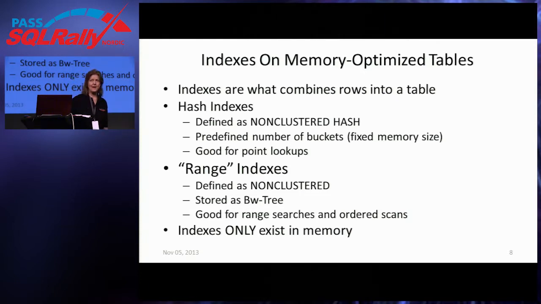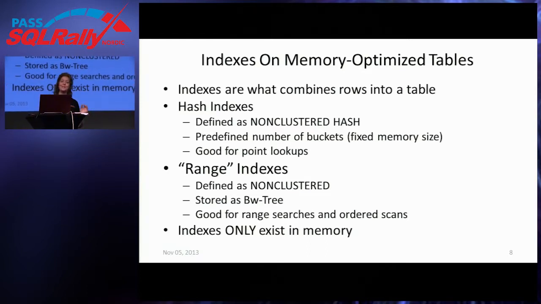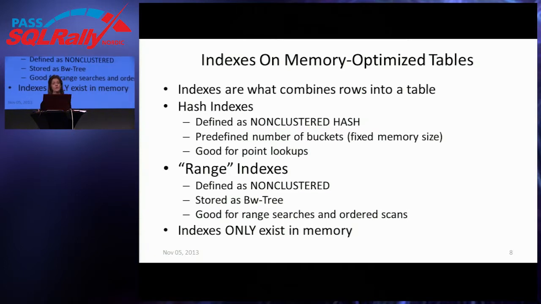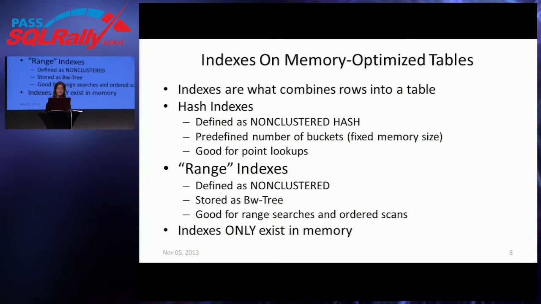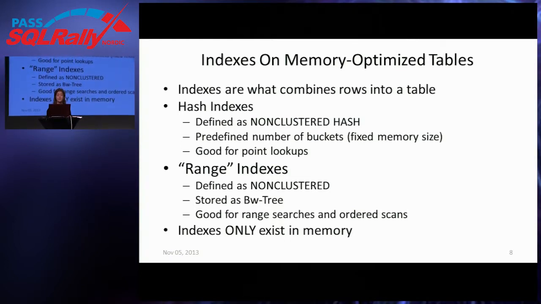And I've complained about this actually. I said, this is going to be really confusing for people. If you call them both non-clustered, and one you have to add the hash and the other you don't. The one without the hash we call a range index, which is why I have the quotes around it, but range is not part of the DDL, not part of your table definition anywhere. You don't say the word range. We talk about them as range indexes, but when defining them in our table definition, we just say non-clustered without the word hash.